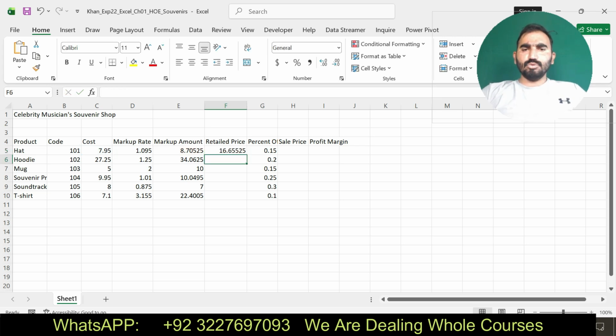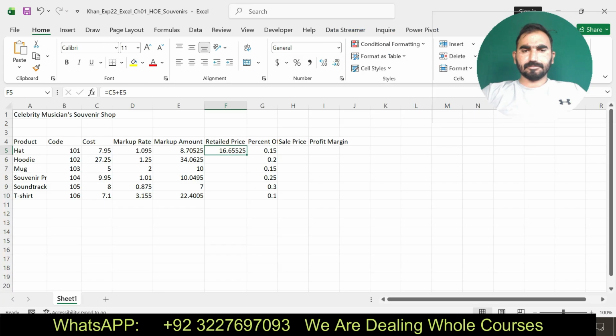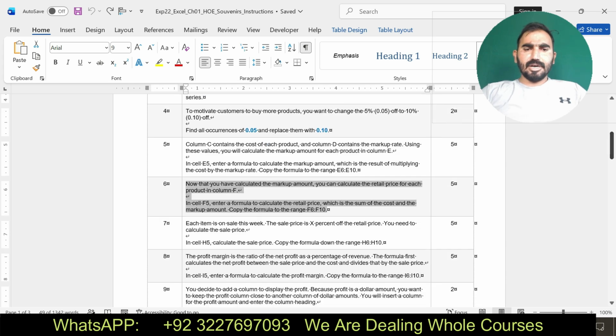By adding these two values I have found the values for the retail price. Then it says copy the formula from cell F6 to F10. I have copied the formula. I have done step number 6. Now I am going to move to step number 7.